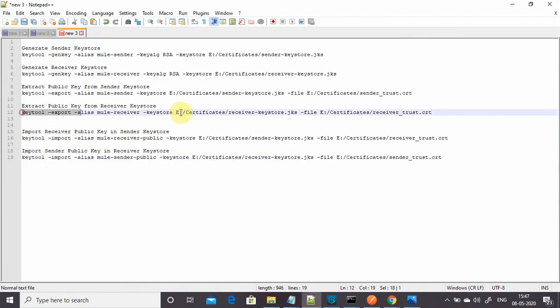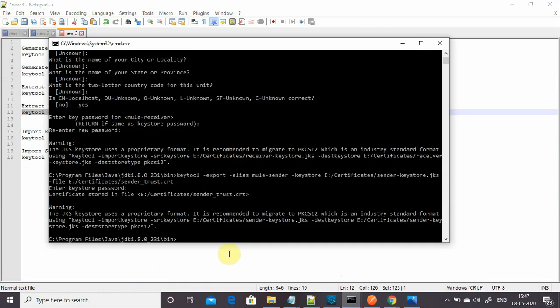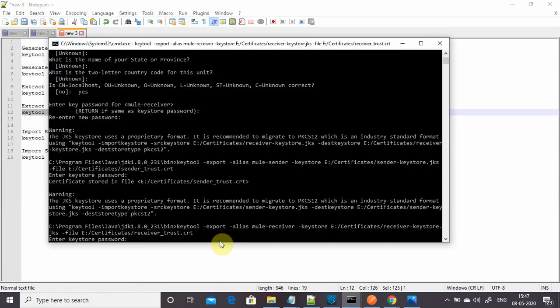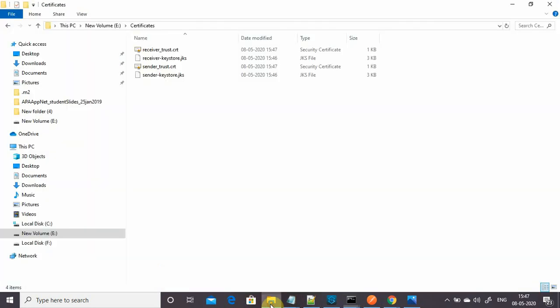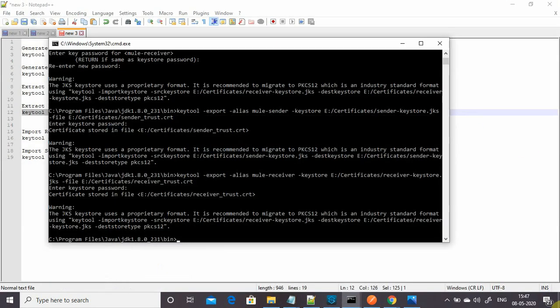Now we will do the same thing. We will extract the certificate, the public key, from the receiver key store. Same command. Enter. If you see in the folder, you will see two public keys, the sender and the receiver public key. Now we have to import these public keys into the sender and receiver key stores.